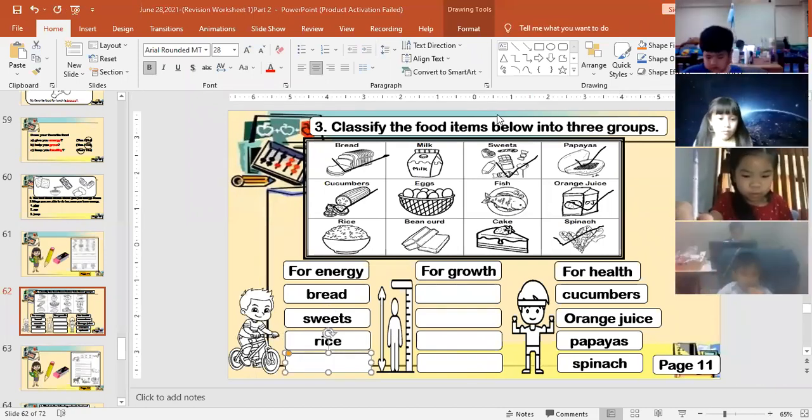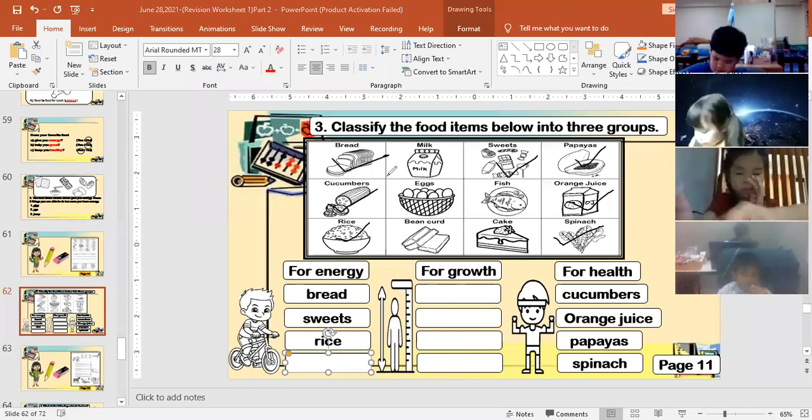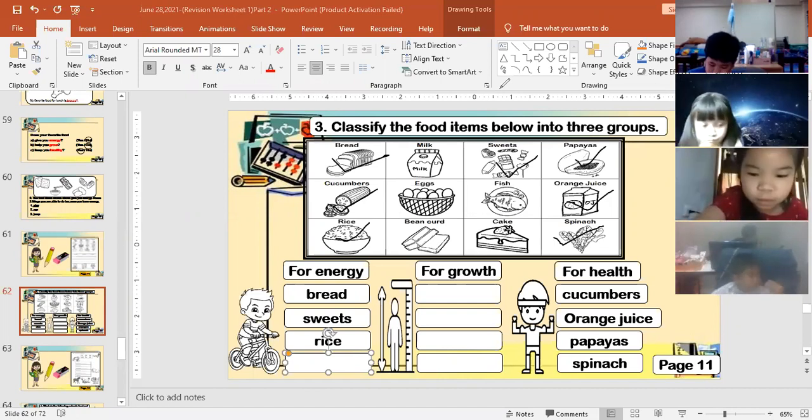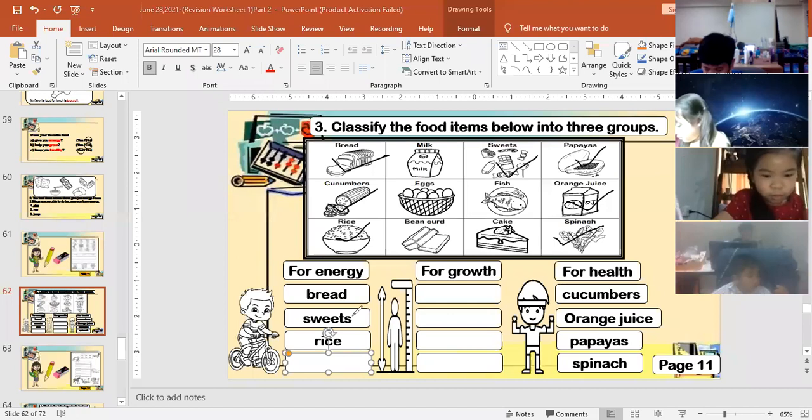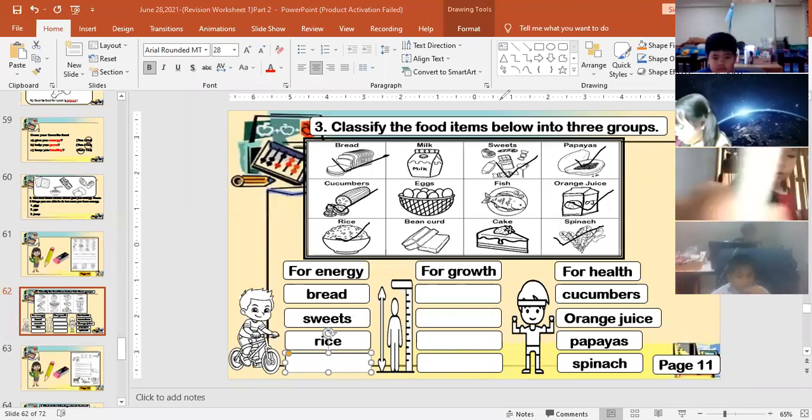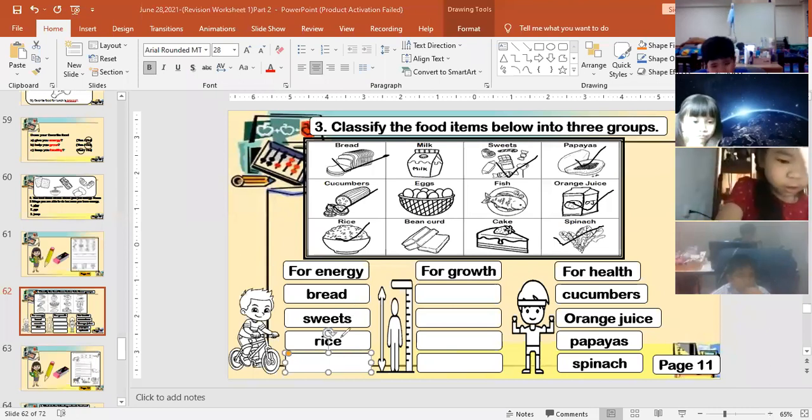And the last go food. Bread, sweets, rice, and the last go food that you can see in this picture is